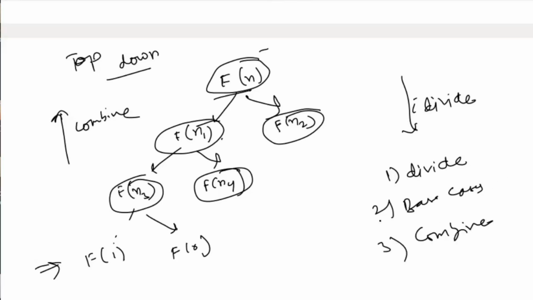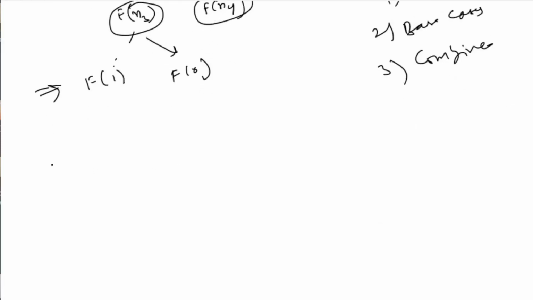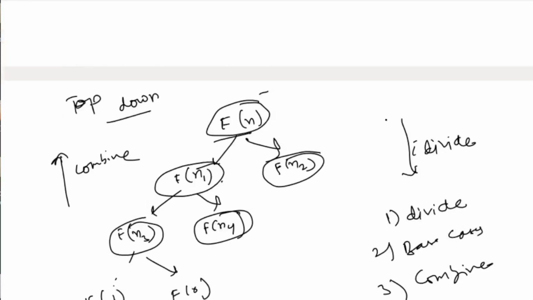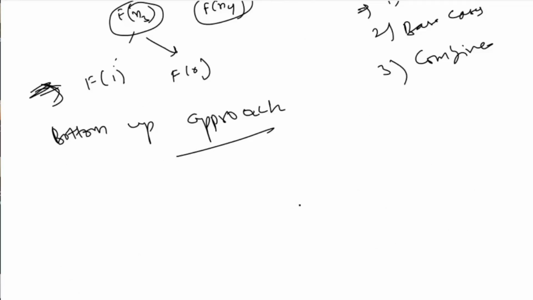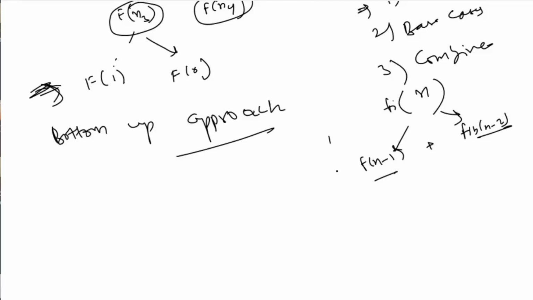So this is our top down approach, and in your bottom up approach we don't worry about dividing the subproblem. What we do is we directly start from the base cases and start building the solutions. So let's say I give you the Fibonacci sequence. So instead of doing it like this, that fib of n is fib of n minus 1 plus fib of n minus 2, where you'll break it into sizes n minus 1 and n minus 2, divide it, then use the base cases, and then combine the subproblems,